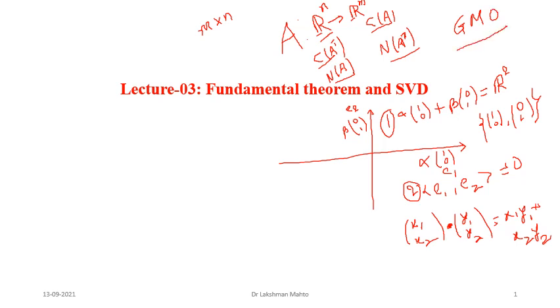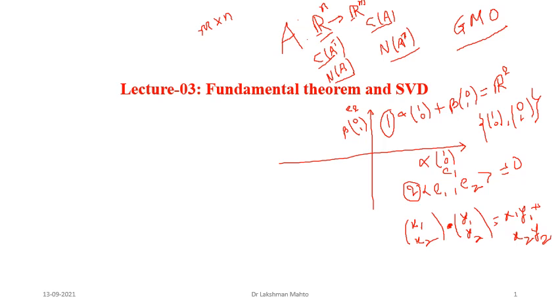This one is based on orthogonal projection, and it looks very interesting. But if you go to higher dimensions, then the complexity will increase. Due to that, we rarely use the Gram-Schmidt orthogonalization process to get an orthonormal basis for a given subspace. It is not feasible to do in higher dimensional spaces. So we have to look for an alternative technique that will provide directly an orthonormal basis for these fundamental subspaces.